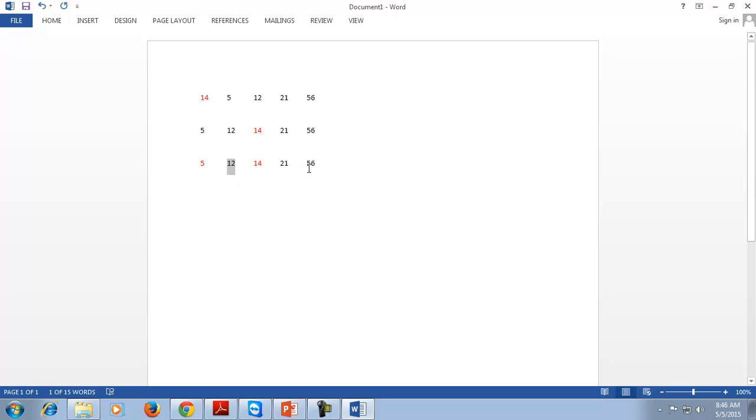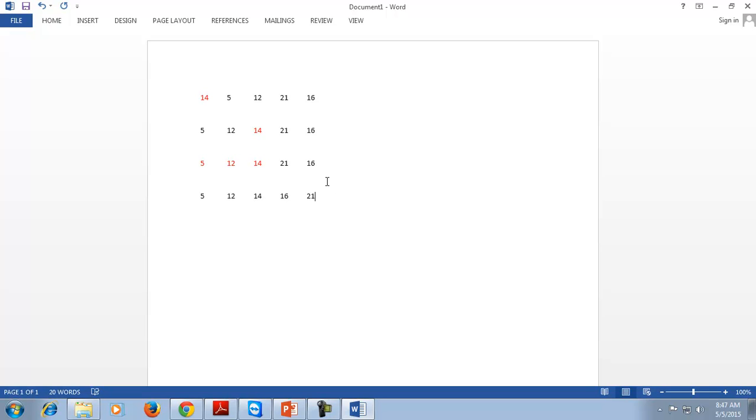Similarly, in the next one, if we take 16 instead of 56, next time we will take 21 as a pivot, and we compare 21 and 16. 16 is less than 21, so the values will be swapped, and the next order of values will be 5, 12, 14, 16 and 21.